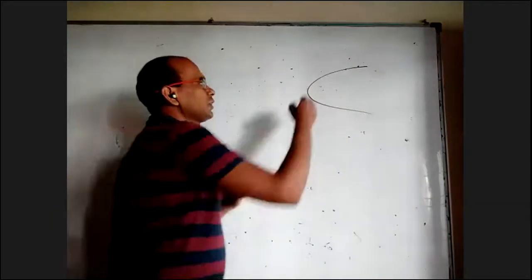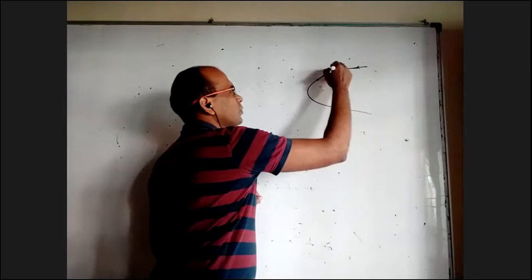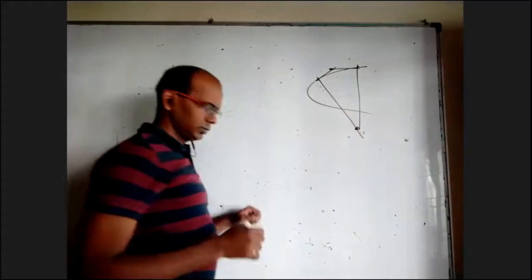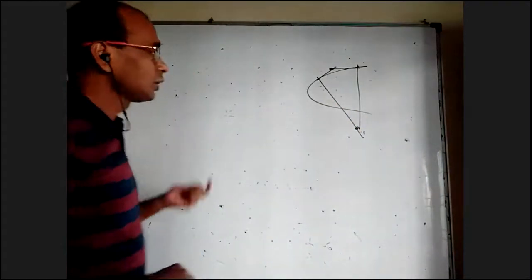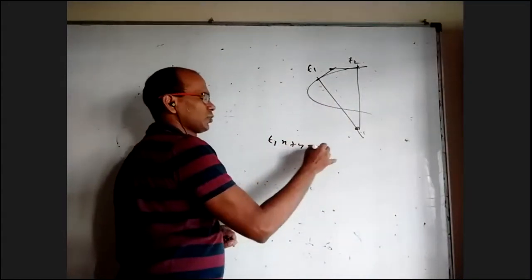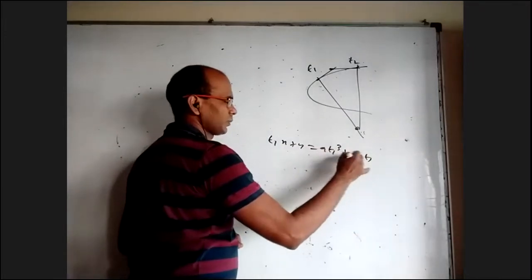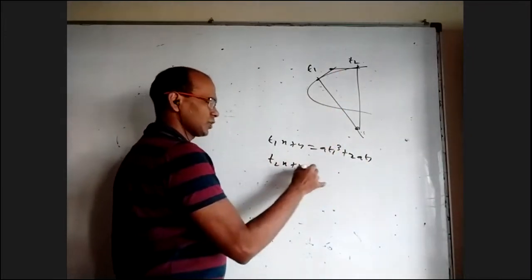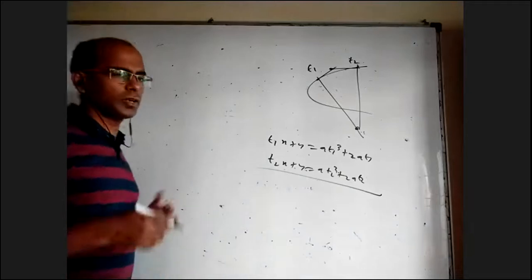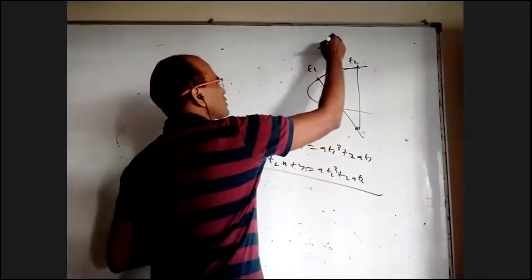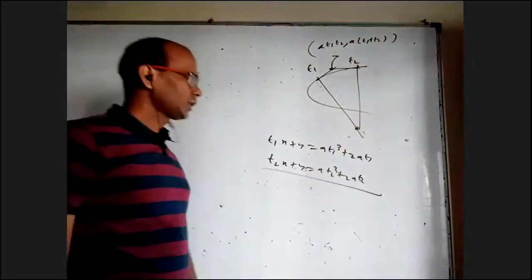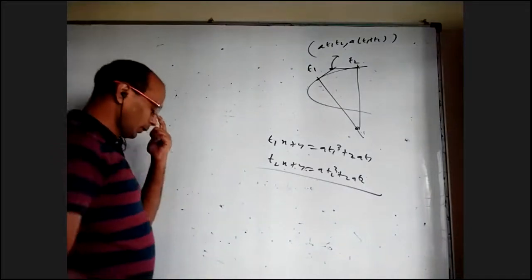Like we have a formula for the point of intersection of tangents if you take 2 points and draw tangents. Similarly, if you draw normals here, they'll intersect at one point. There's a formula for that also. If this is T1 and this is T2, what is the equation of the normal at T1? T1x plus y is equal to 2aT1 plus aT1 cube. Normal at T2 is T2x plus y is equal to 2aT2 plus aT2 cube. When you solve, the point of intersection of normals will not come as simple as the point of intersection of tangents. A T1 T2, A into T1 plus T2 is very simple and we use it quite often. Point of intersection of normals we use very, very rarely.